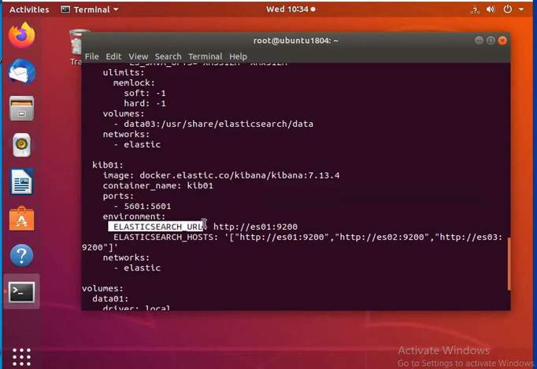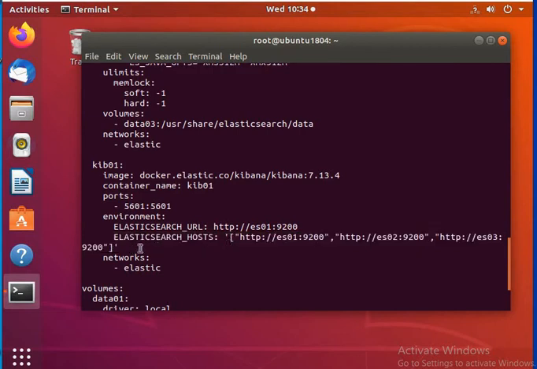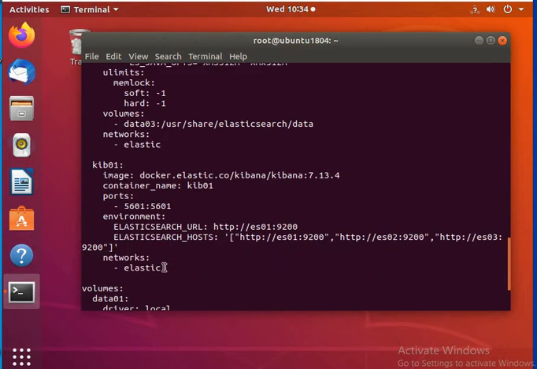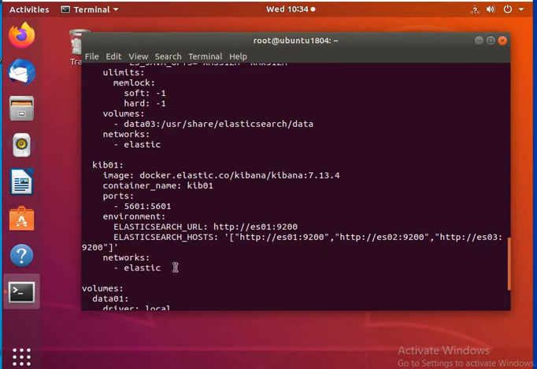Now in the Elasticsearch URL we are giving the URL as ES01:9200, and for Elasticsearch hosts we are mentioning all the three Elasticsearch hosts. Okay, all the three hosts we are mentioning over here, right? Then the network again remains the elastic. So there is no difference with the network because it has to communicate in the same network.